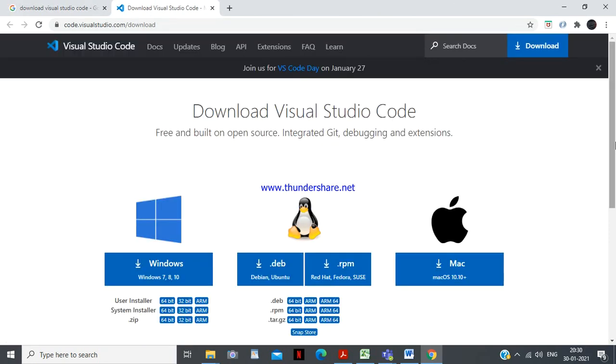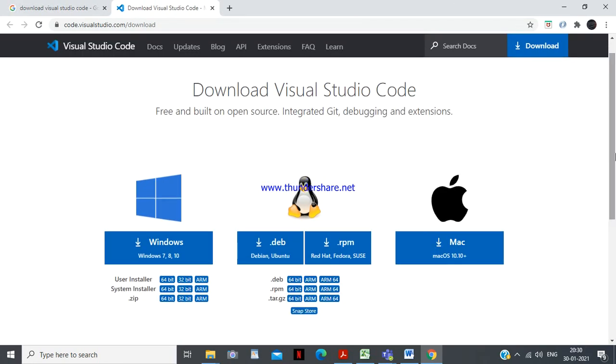It will redirect you to this page. Now, depending on the type of operating system you have, select that option. If you have Windows, select this one. If you have Linux, select this one. And if you have a Mac, then select the third option. As Visual Studio Code is already installed on my system, I'm not going to install it in front of you guys.